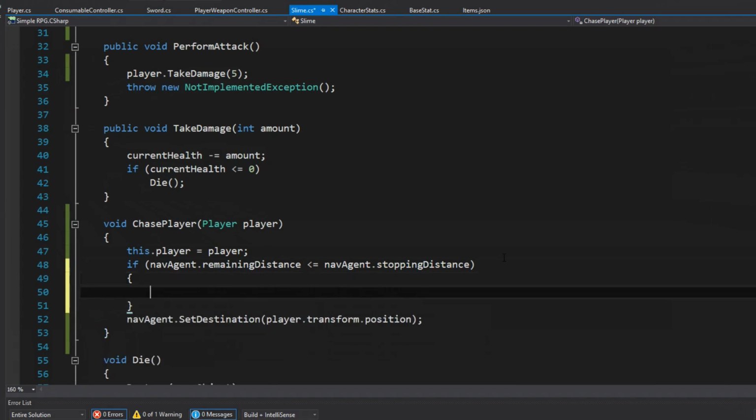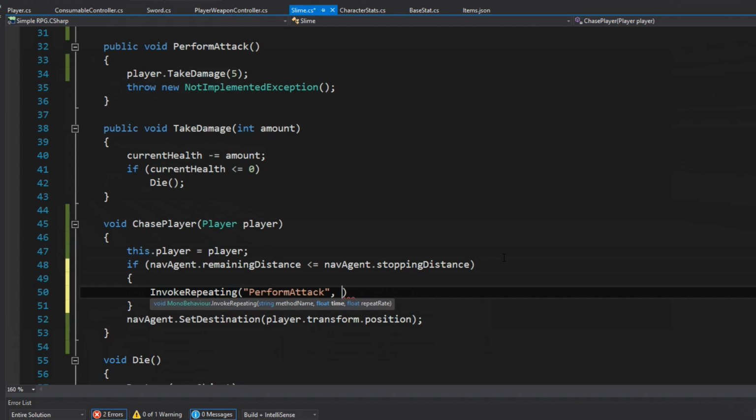So what do we want to do? Well, let's find out. We want to invoke the perform attack method. And we're going to set it up to invoke itself automatically, right? So if I am attacking, it's going to be attacking me back on a timer constantly until I get out of range from the attack. So let's see here. I want to do an invoke repeating. Now this is going to invoke a method that I define constantly as long as the nav mesh agent is within distance. It's going to invoke it based on a timer that I set. So what it's going to invoke is perform attack,